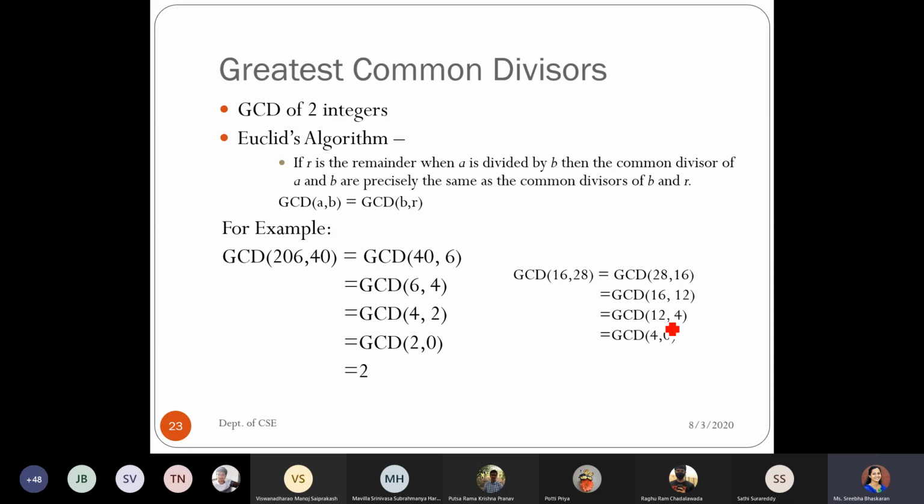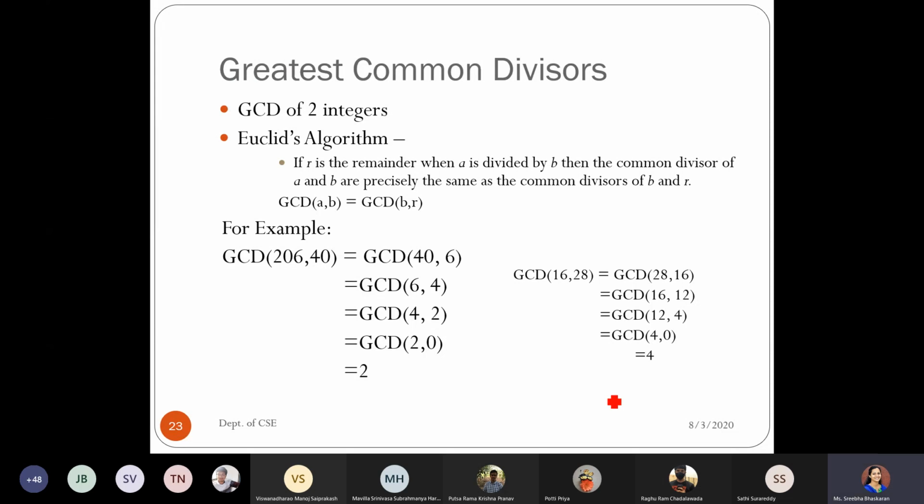Now the current A will be the previous B value, which is 4, and the B value will be the remainder of 12 divided by 4, which is 0. Since the remainder has reached 0, we return whatever was our A, which is 4. So the greatest common divisor between 16 and 28 is 4.